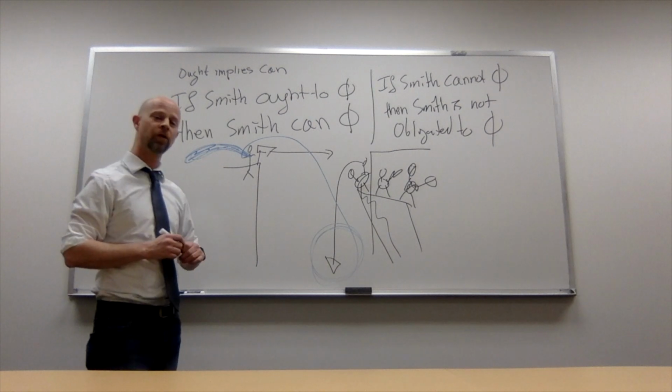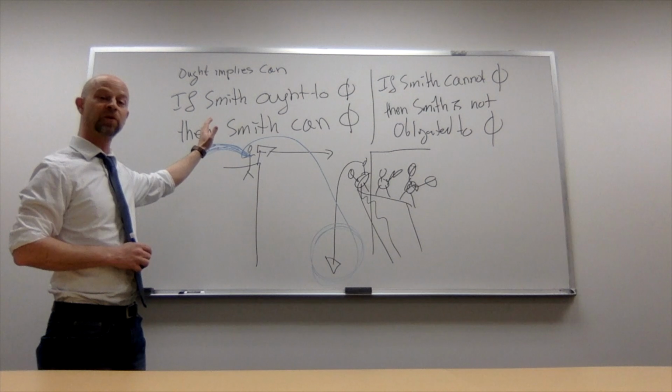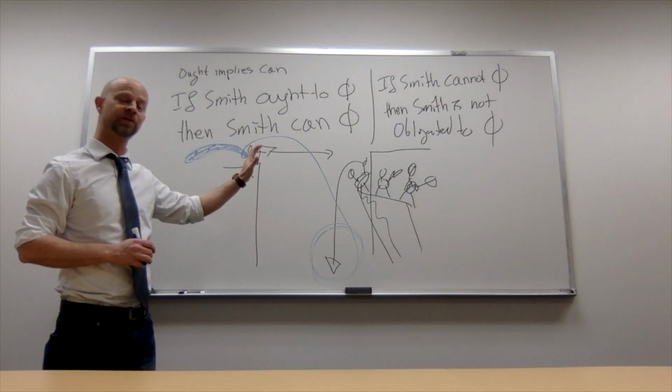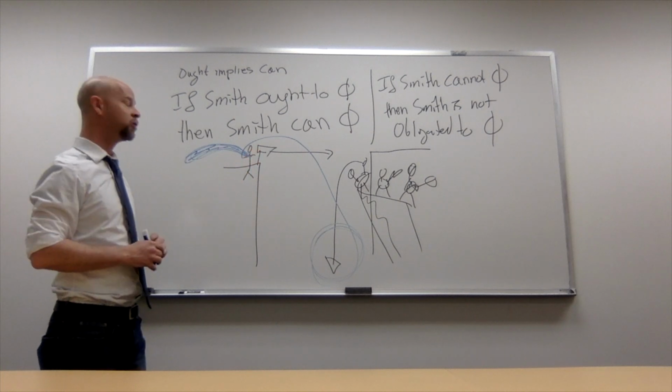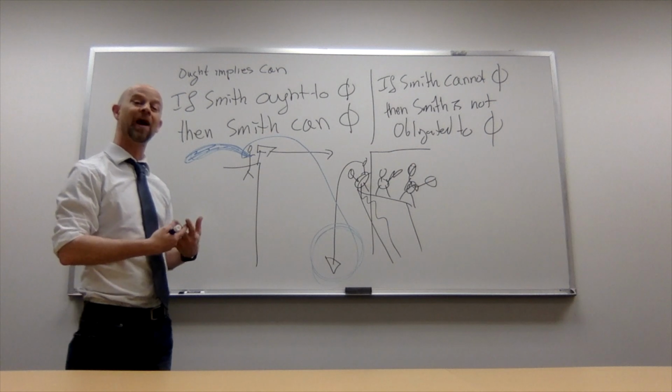Most moral philosophers are going to say, yes, if you have a moral obligation to do something, that better be within your power to do it. Yet there's going to be a lot of dispute. It's very controversial whether or not just simply having the ability to do something automatically means you have an obligation to